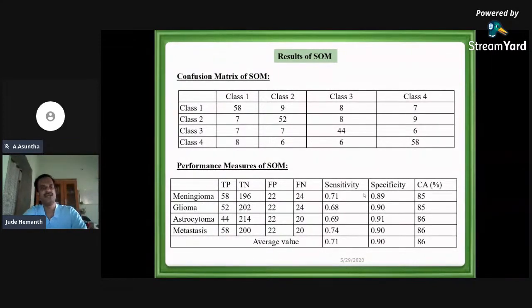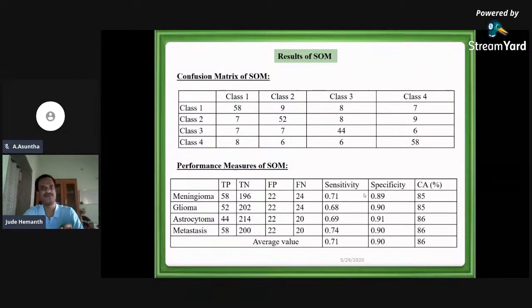Right? So when you look at your false positive, again it corresponds to all the features which are in the column-wise arrangement. Say, for example, class 1. For class 1, you leave that 58 number correctly classified. Remaining 7 plus 7 plus 8 is 22. That comes to FP. And similarly, if you want to find for class 2, leave that 52 number. 7 plus 6, 13 plus 9 is 22. Likewise, you can find false positive.